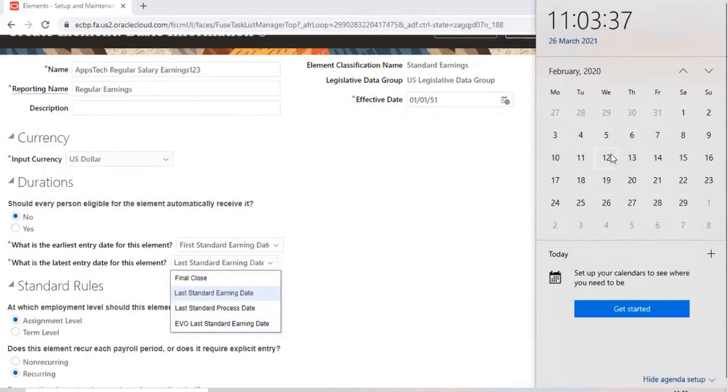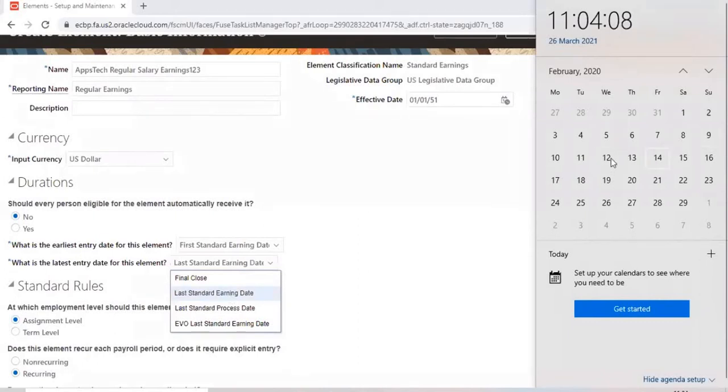Now, usually when will you run the payroll? You won't run payroll every day, right? Whenever the period is done, for the period 3rd February to 16th February, you may run on 16th or 17th or 19th, depending on the client and their business process. So if the person is terminated on the 12th and is leaving the organization from the 12th, and you select this element as last standard earning date, you will not be able to process this element after the 12th.